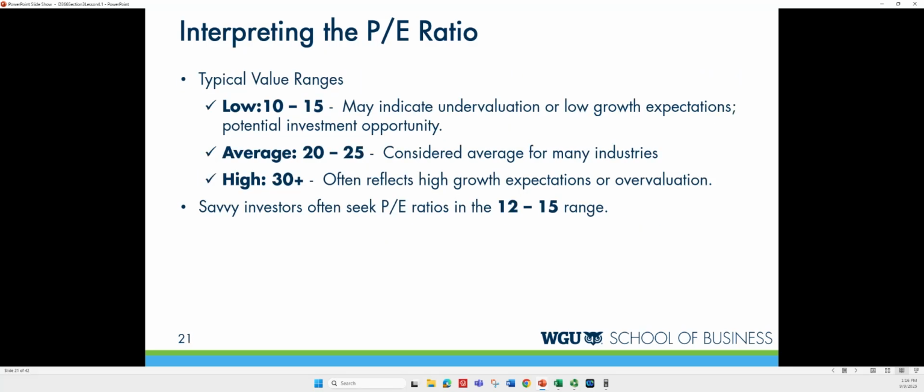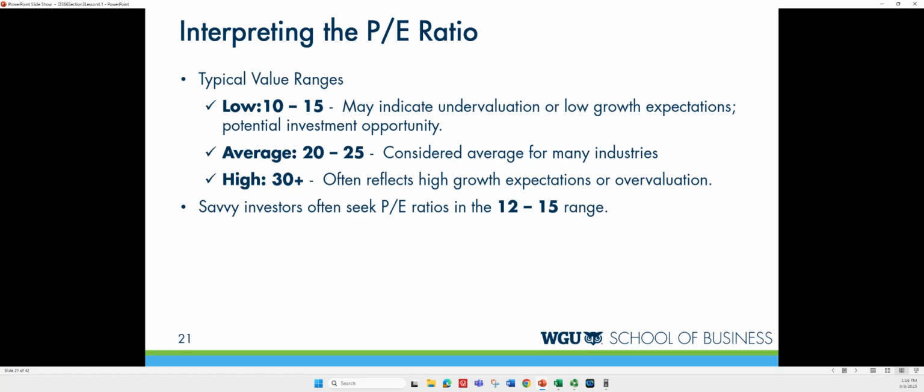When we interpret this price earnings ratio, there's three value ranges we typically screen things in. So, a price earnings ratio of 10 to 15 is what we consider low, and it may indicate that the firm is undervalued or has low growth expectations. If it's undervalued, it represents a potential investment opportunity. The average range is between 20 and 25, and this is considered the benchmark in most industries. Then we have the high range, which is 30 and higher, where we might have high growth expectations or the